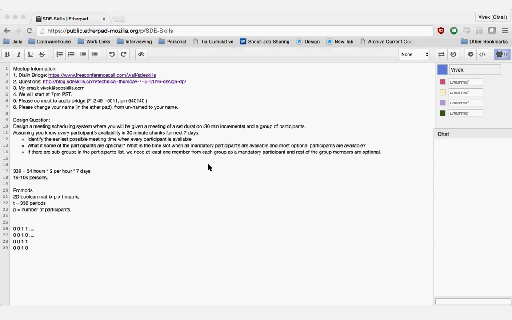Okay. So basically, I would get an input of the times at which the participant is available. Correct? That's what it's saying. So I'll have a 336-long array, and it will tell me when the participant is available during what time. Will it return you zeros and ones, or only the places where it is 1?